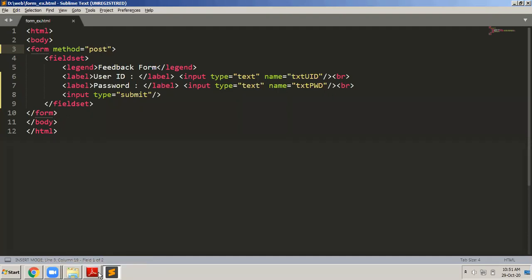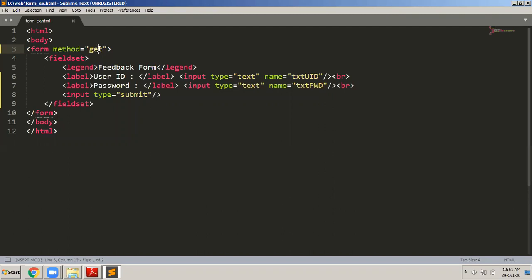Okay. Another disadvantage of the get method is that you can send only a limited number of characters to the server. If the method is get here, remember your form cannot be very big, which contains big text boxes, text areas where you enter a lot of data, because you know there is a limitation on how many characters you can send through the query string.